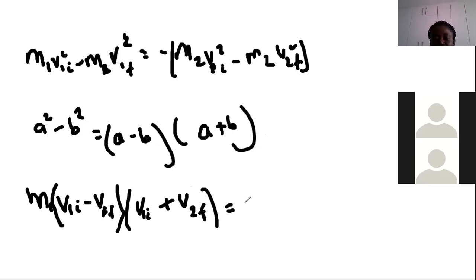We can factor out m2, and let's not forget the minus there. Then we write it also in that form, v2 initial minus